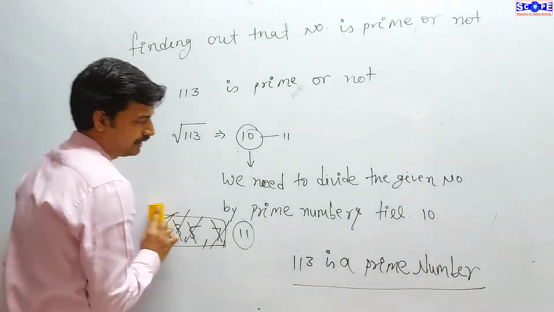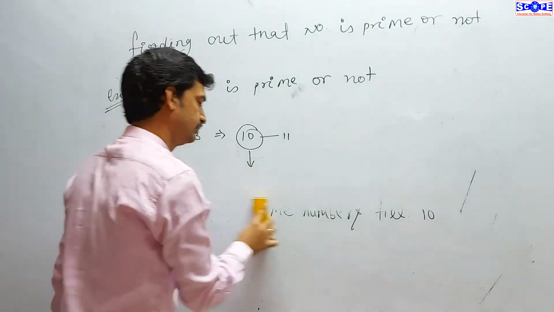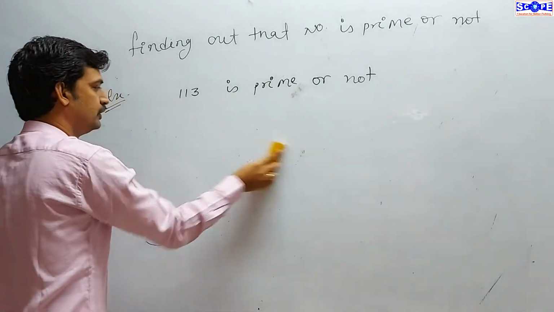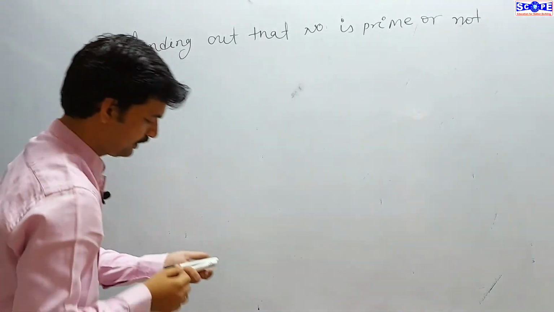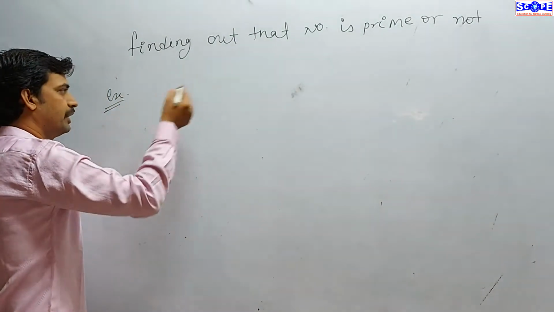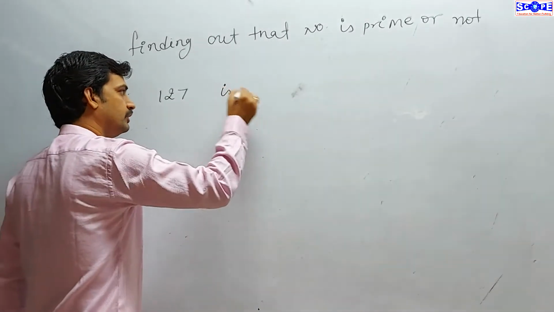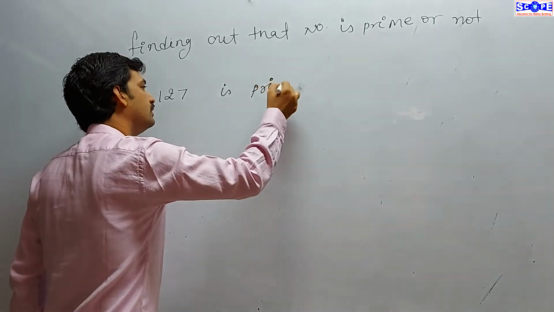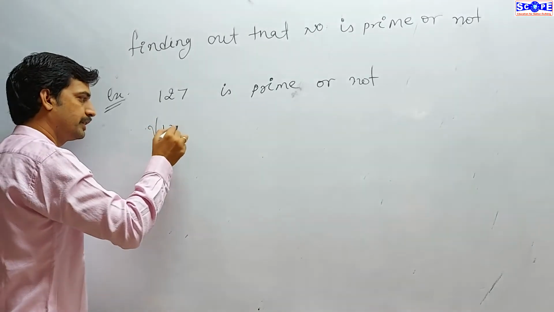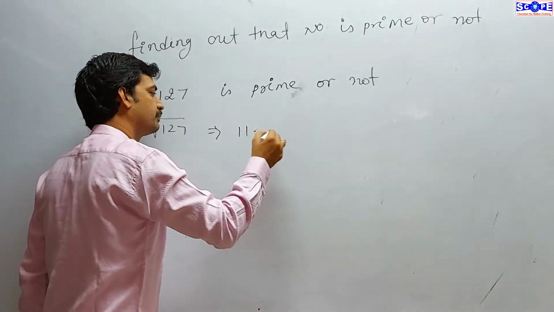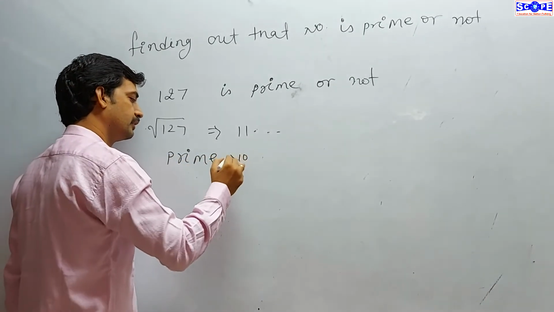Let me take one more example. You need to pause the video and then you can write these things. Next example I am taking: 127. Is it prime or not? So the square root of 127 is what? 11 point something. So we need to divide it by the prime numbers